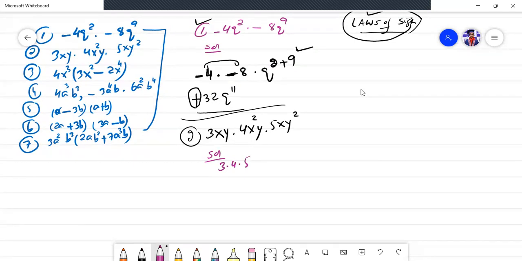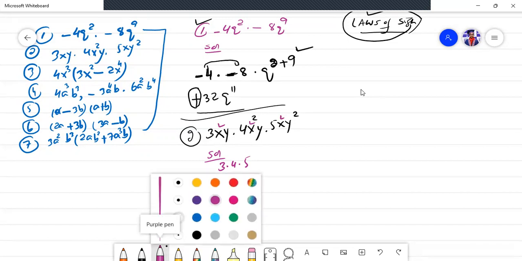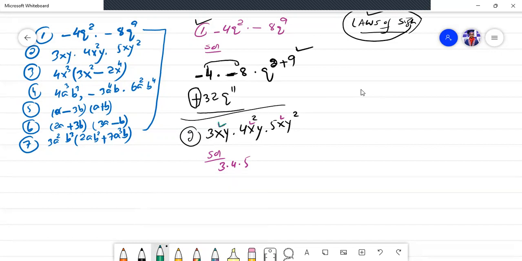Now observe the equation carefully. If we have the same letter throughout the equation, we will take the letter as a common base. So if we observe the equation here, x is present in all three terms. First let me change the color in order to identify the letter more clearly. Green will be better. See, x is here, x is here, x is present throughout the equation. So therefore we will take the x as a common base.